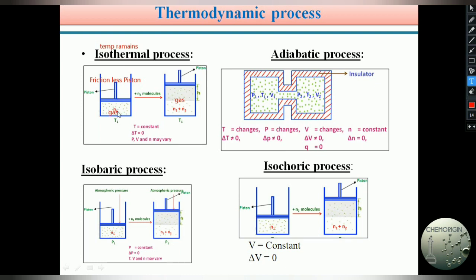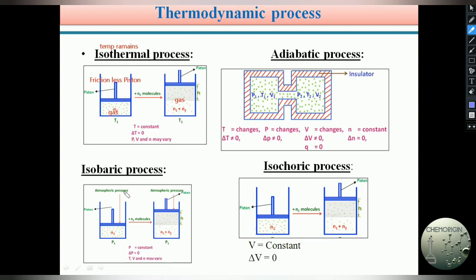Therefore, in a system where the temperature remains constant, that type of process is known as an isothermal process. Students, this is very, very important, because in our coming concept we are discussing the isothermal process, adiabatic process, isobaric process and isochoric process. Based on these definitions, we can explain the concept of the Carnot cycle. The Carnot cycle is a very simple and easy concept, but it is easily understood once you are familiar with these